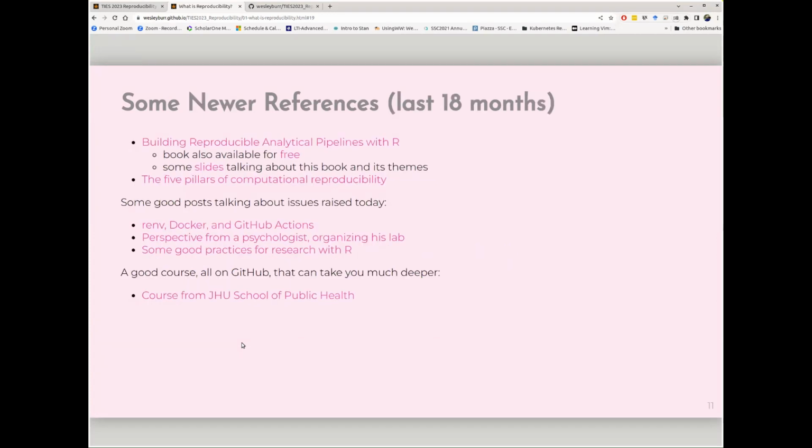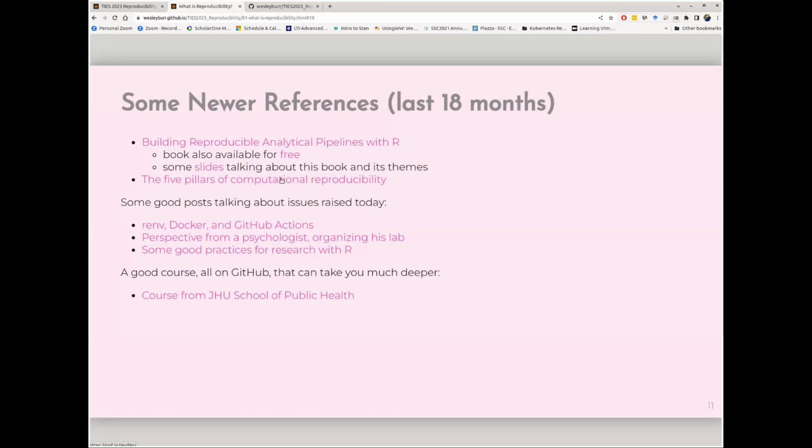In addition, there is a newer reference. I've given this workshop a few times. This is all stuff that's come out in the last 18 months now. There's Building Reproducible Analytical Pipelines with R, which is a book that you can buy on trees, piece of paper, or it's available for free on the internet. There is also an interesting new thing on computational reproducibility. It's a paper on what the 5 pillars are.